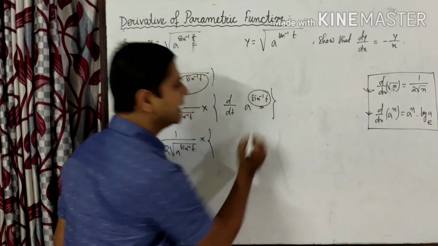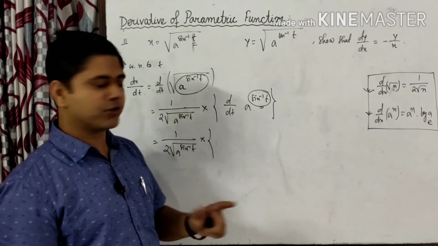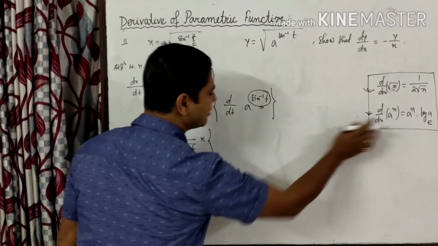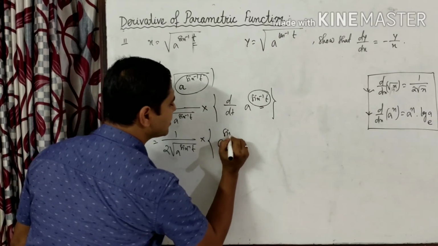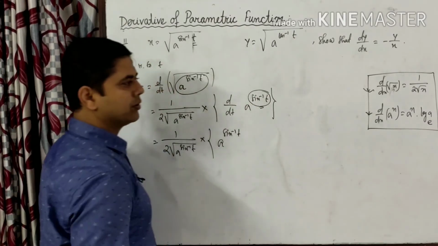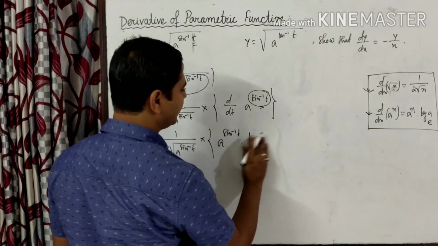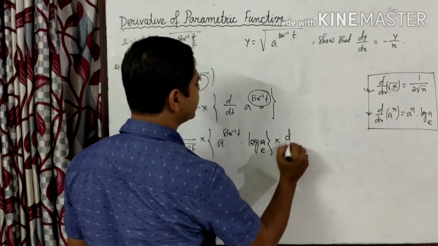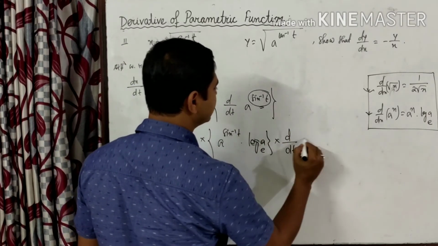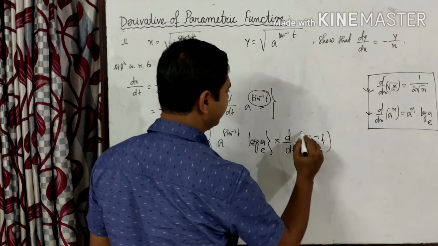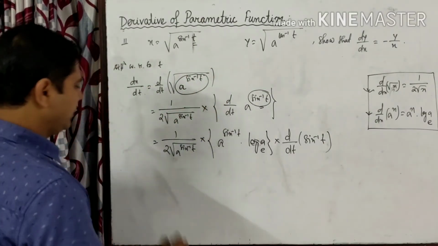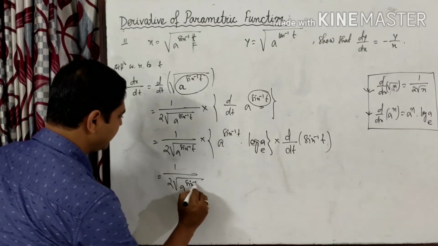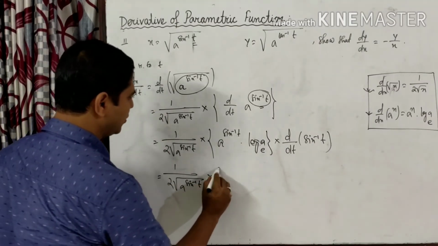This part we consider as t. Again we have to use the chain rule, d/dt of a to the power t. The d/dt of a to the power t, according to this property, is a to the power t, here t means sine inverse of t, into log of a base e. Again you differentiate d/dt of sine inverse of t. Okay, now 1 by twice of root over a to the power sine inverse of t into a to the power